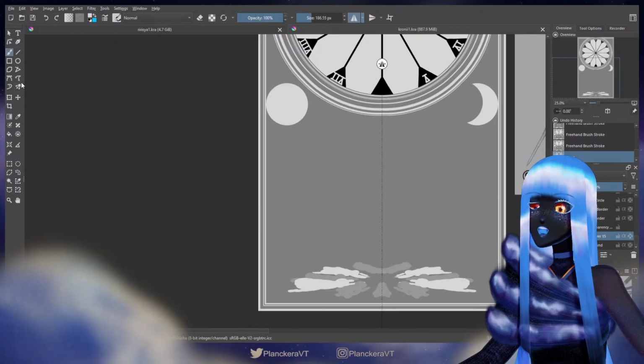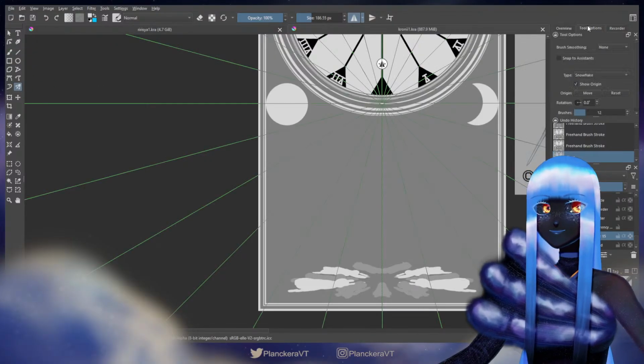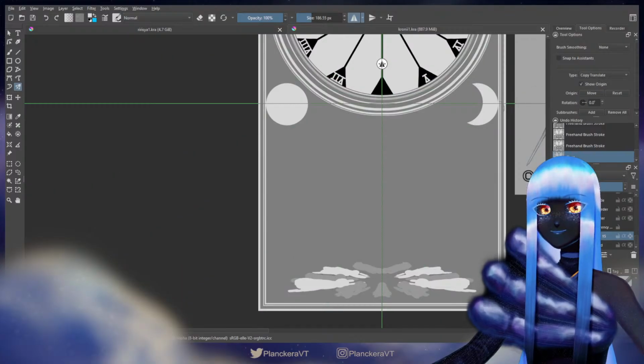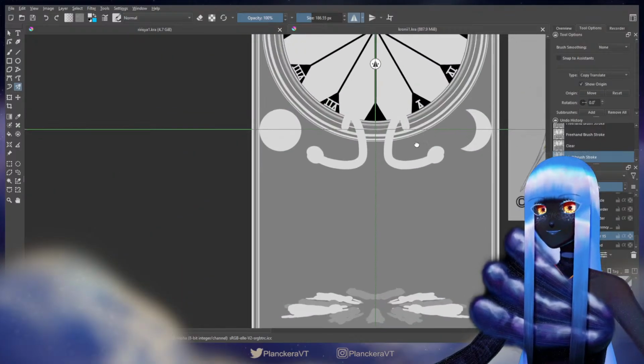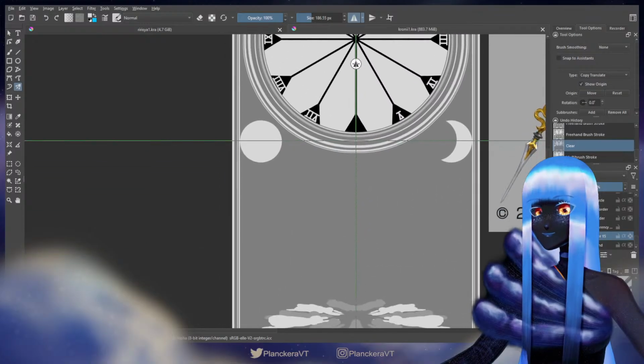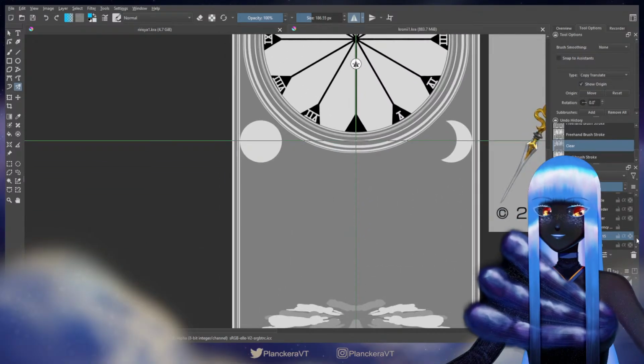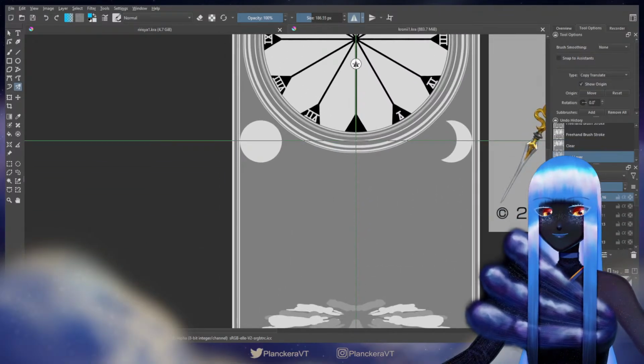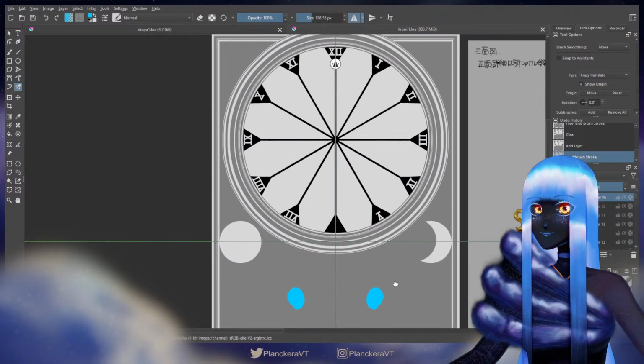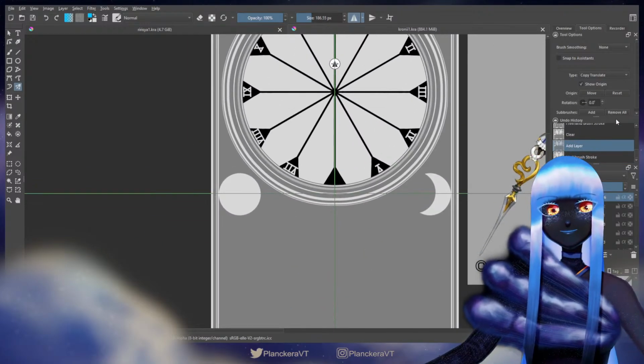What can I do with the multi-brush anyway? Translate, mirror... What's a copy translate anyway? Cyan, save me. I don't know, man.